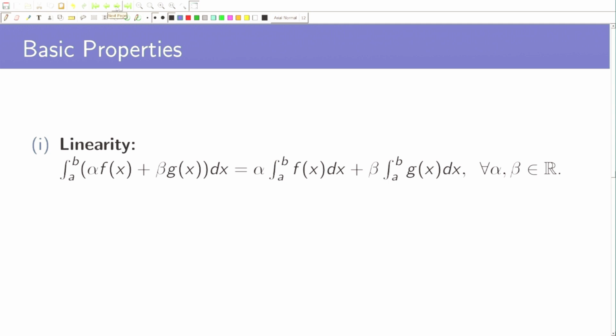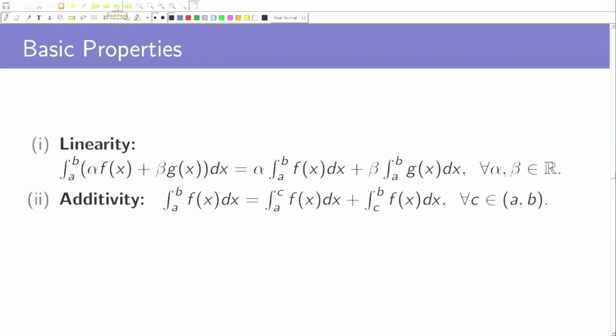That means, if we take alpha f plus beta g and we integrate, then we can pull out alpha from the integral, and it will be alpha times the integral from a to b of f of x dx, plus beta times the integral from a to b of g of x dx, for all alpha, beta in R. And now, if we have [a, b] and c is a point there, then we can calculate the integral from a to c of f of x dx and from c to b of f of x dx. If we add them, then we are going to get the integral from a to b. So, that is also trivial